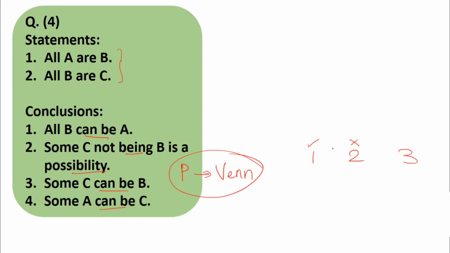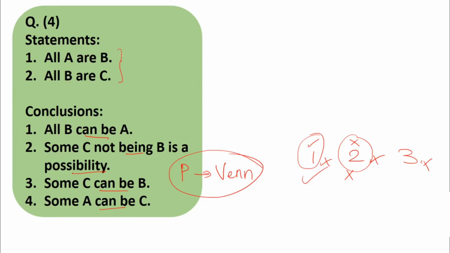Okay, at least one correct, at least one wrong. Then only we can mark the conclusion as right. If all the 3 are correct, then we have to mark it as wrong. If all the 3 are wrong, then also we have to mark it as wrong. We need at least one correct situation and one wrong situation. Situation means one situation where the conclusion is possible, one situation where the conclusion is not possible. The third one can be anything, correct or wrong, it doesn't matter. You will understand what I am talking about when I solve this sum.